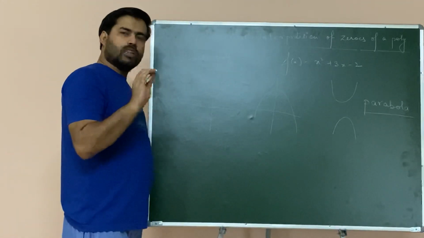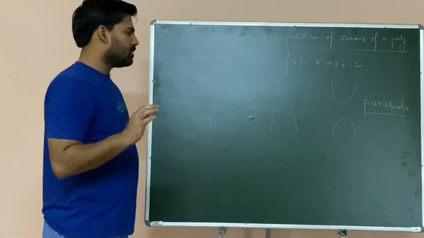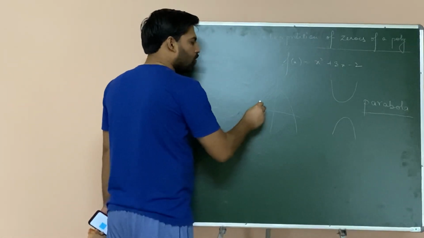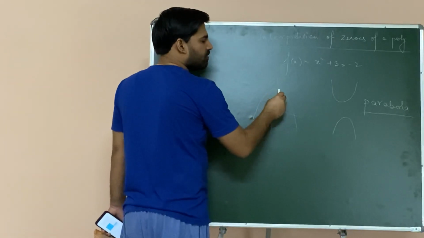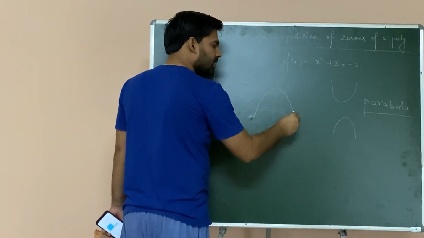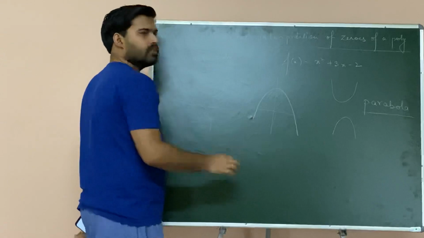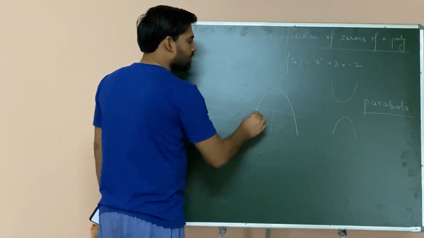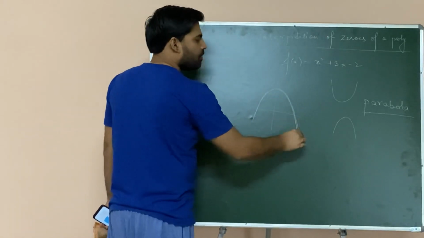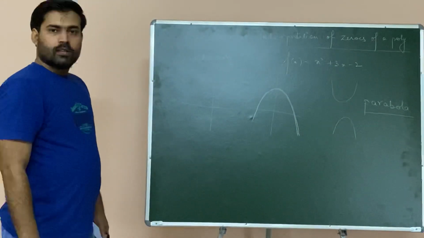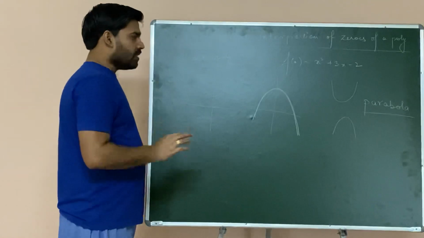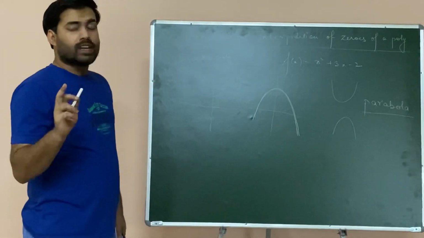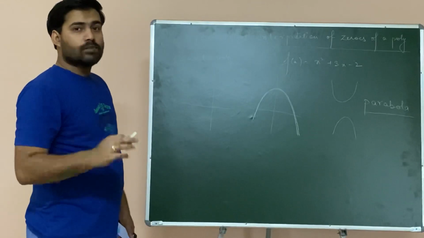The only point that we need to understand over here is that the graph was going like this, and all of a sudden there comes a drift in the graph, and it suddenly changes and retraces its path in a different solution set. And that is how you will say that this is a kind of graph which is known as a parabola. That means, for every value of y, there will be two values of x.